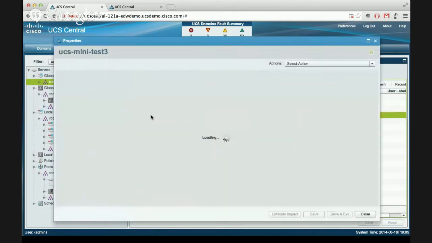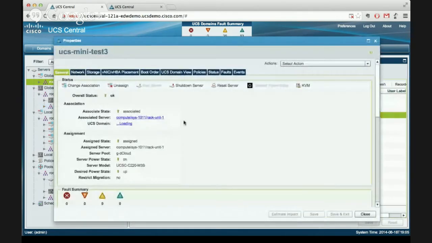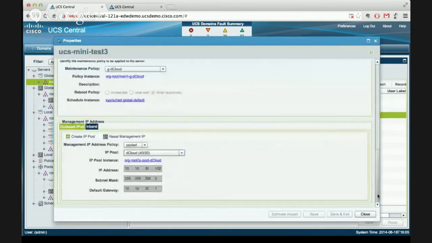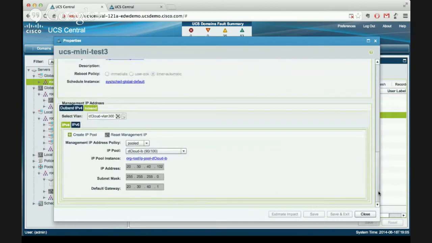On this particular UCS Mini Test 3 service profile, I'm going to look at the bottom here to show you, okay, I've got an IP address for both out-of-band and in-band. It's 10.10.30.102 for out-of-band and 20.30.40.102 for in-band. So if I go back up at the top of this particular screen and say, launch my KVM, what's going to end up happening